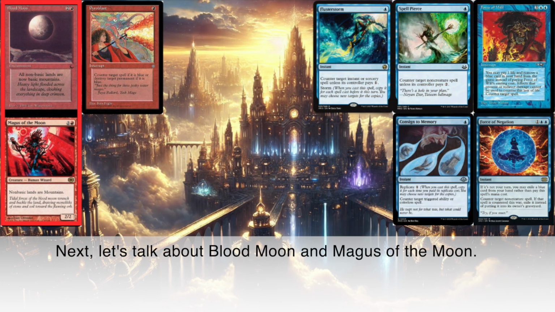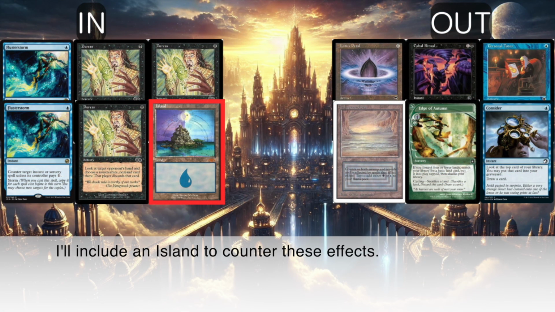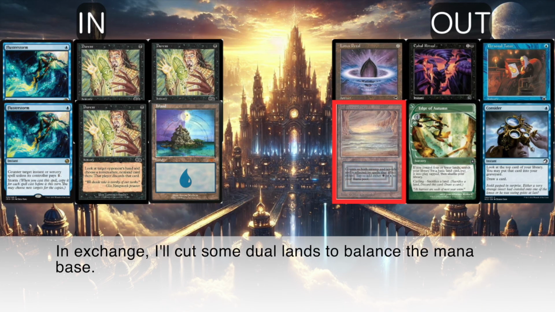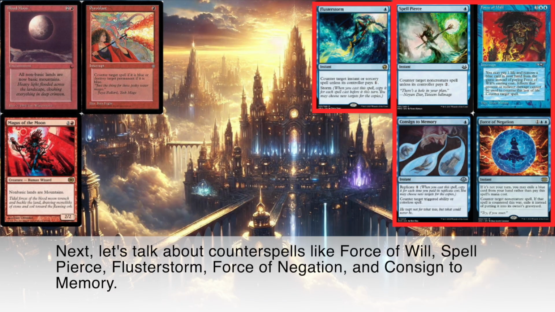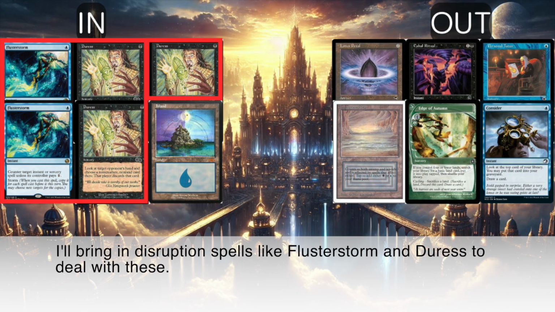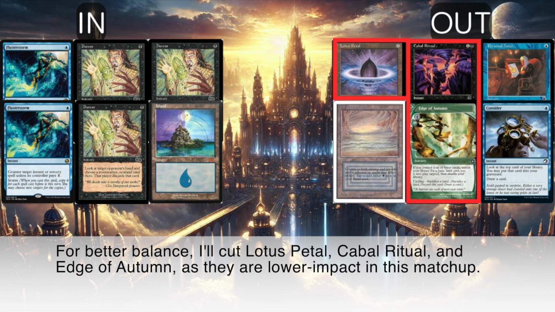Next, let's talk about Blood Moon and Magus of the Moon. I'll include an island to counter these effects. In exchange, I'll cut some dual lands to balance the mana base. Next, let's talk about counterspells like Force of Will, Spell Pierce, Flusterstorm, Force of Negation, and Consign to Memory. I'll bring in disruption spells like Flusterstorm and Duress to deal with these. For better balance, I'll cut Lotus Petal, Cabal Ritual, and Edge of Autumn, as they are lower impact in this